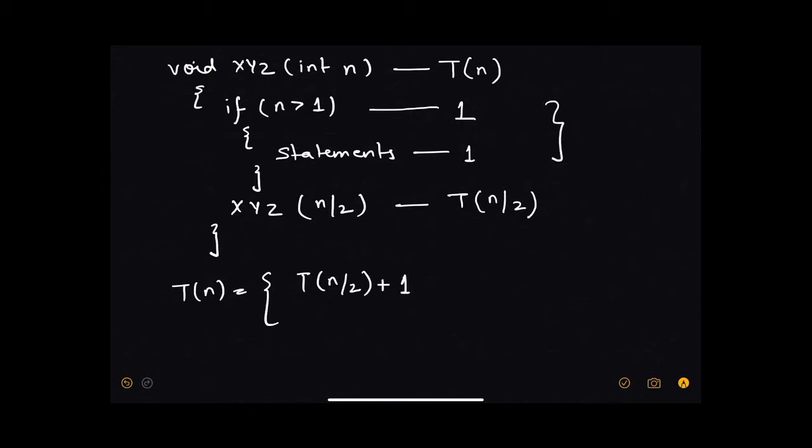See, I'm getting 2 over here, but I'm writing it as 1 because it is some constant. So I'm taking it as 1 to generalize the statement, for n greater than 1. I'll tell you why I have not taken 0 over here; for the time being, just understand the problem with 1. For n equals 1, the value will be equal to 1. So my problem was T(n) = T(n/2) + 1. This is my first equation.